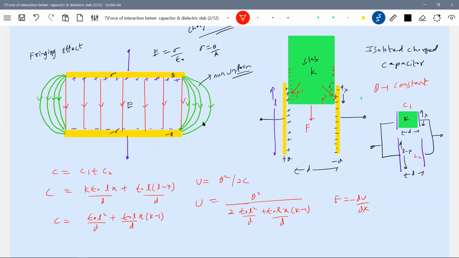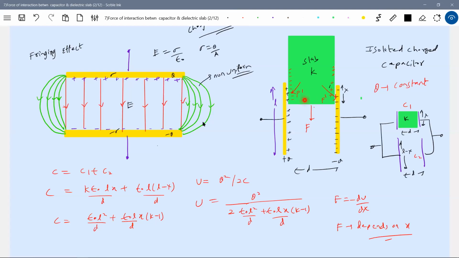Will it be a function of X? Will it be independent of X? Definitely X is there in the denominator. So the force acting will be a function of X. F depends on X. So what these plates will do, they will exert an attractive force on the slab. It will drag that slab into the plates. You just place the slab, the plates will attract the slab. So because of that, the slab will accelerate